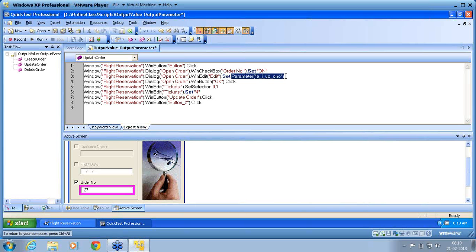With this, we have completed dependable actions, storing the value into the output parameter. If you have any questions,